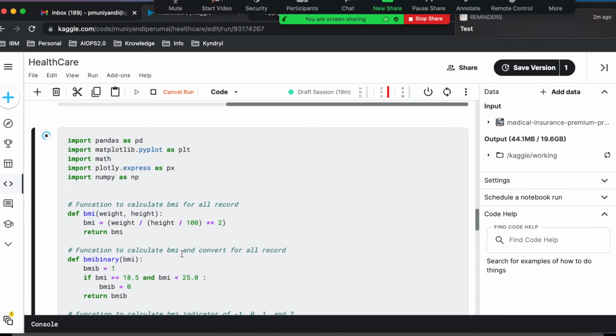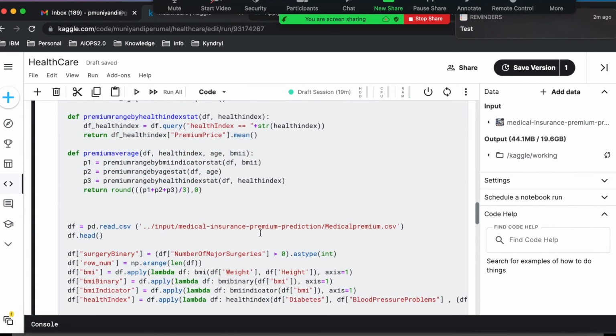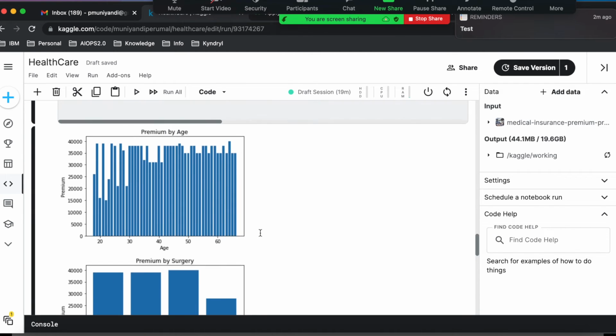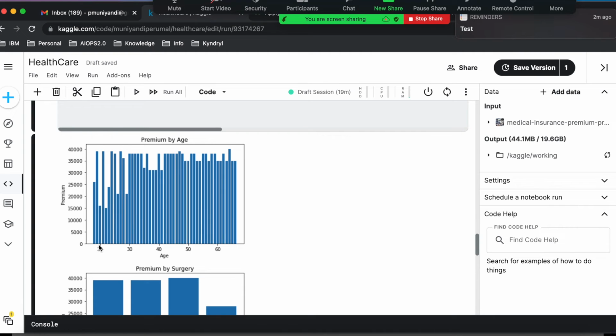It's still running. Okay, it's done. The program is executed. See, this is the age. Suppose these are different age groups of people who paid that premium. See, actually speaking, this is supposed to be in the 25,000 range for these people, but some people actually sell that particular product at an overprice. Probably that agent might have charged an overprice.